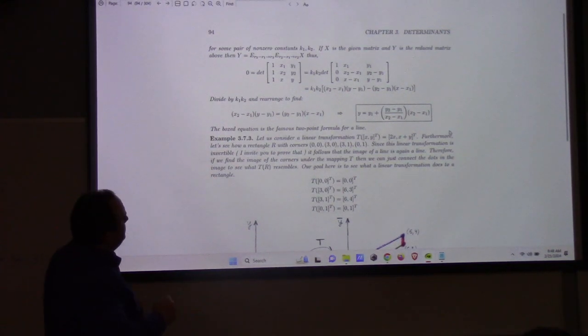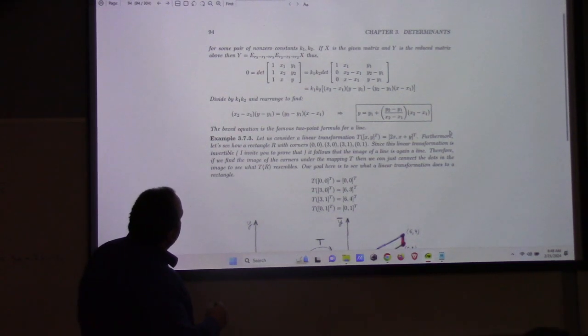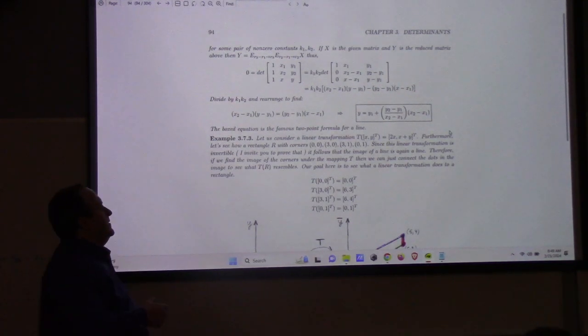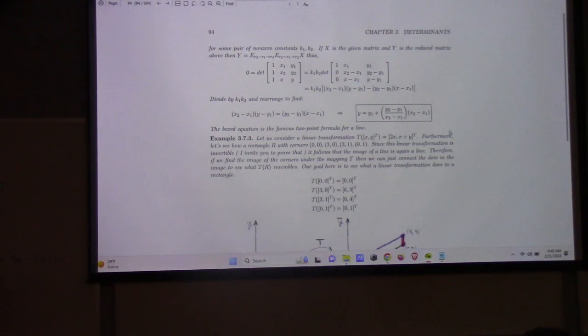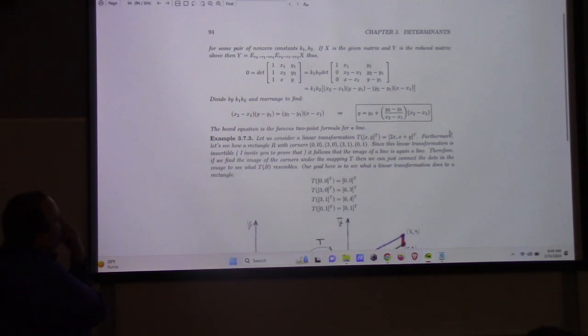Let's see here. All right. Whoa, that's a weird calculation. Oh, I'm an idiot. So my point was that we just did 2 row operations, right? So actually, I'm not convinced. I didn't want to think about what K1 and K2 are here, but I think the determinant of those kind of row operations,